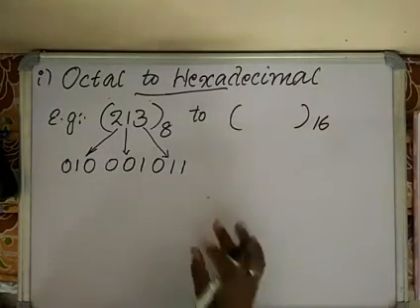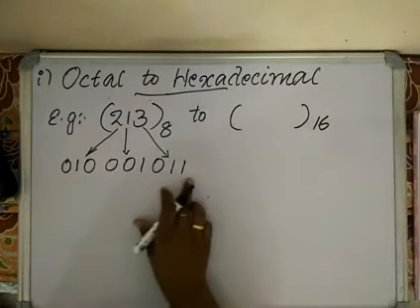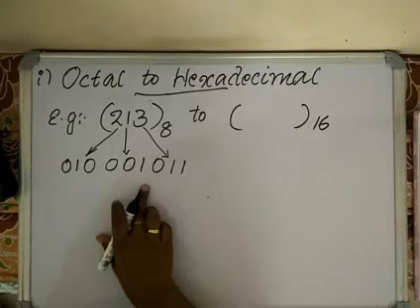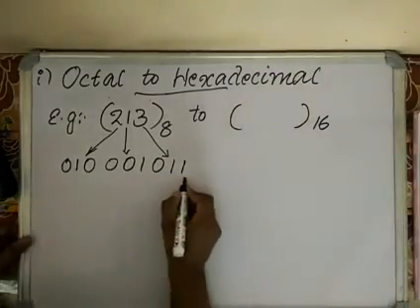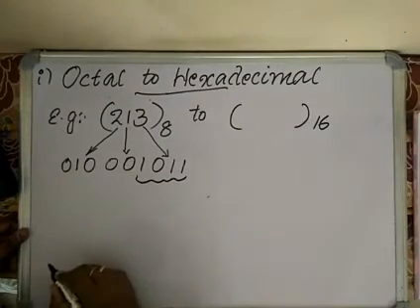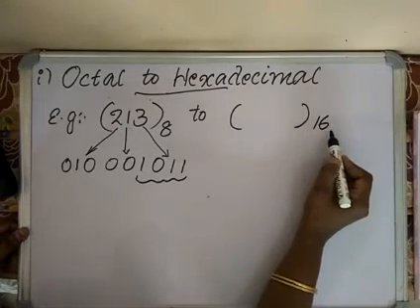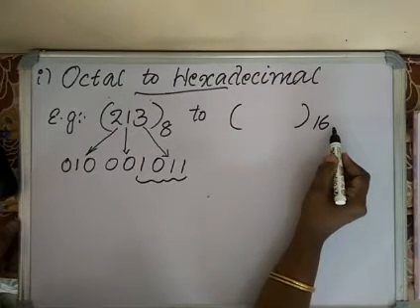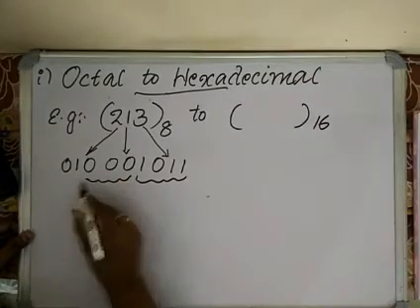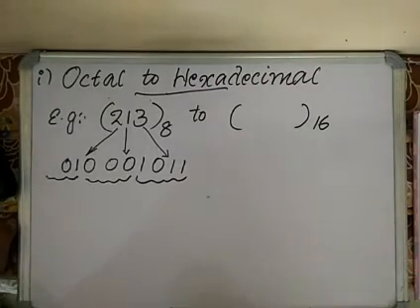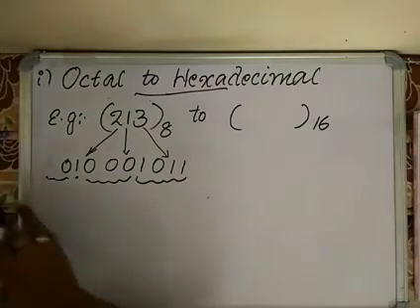Next step is, in order to convert this to hexadecimal, we have to make groups of 4. That we have already seen in binary to hexadecimal conversion. So we will start from this point. We have to make groups of 4. Why do we need groups of 4? 4 bits are the maximum needed for representing a hexadecimal value. So this is one group. So there will be 3 groups. Okay, sorry, there is a mistake.